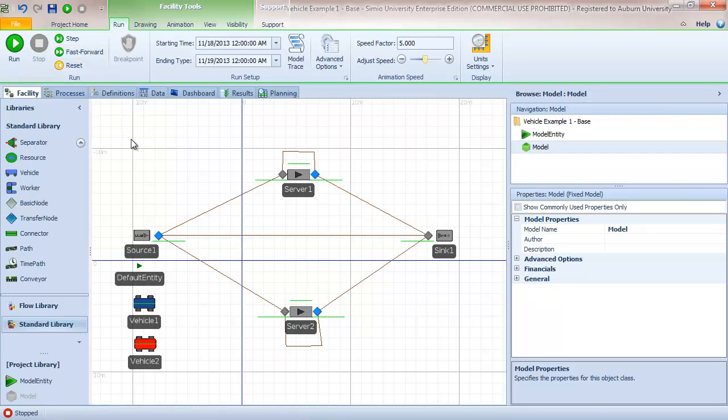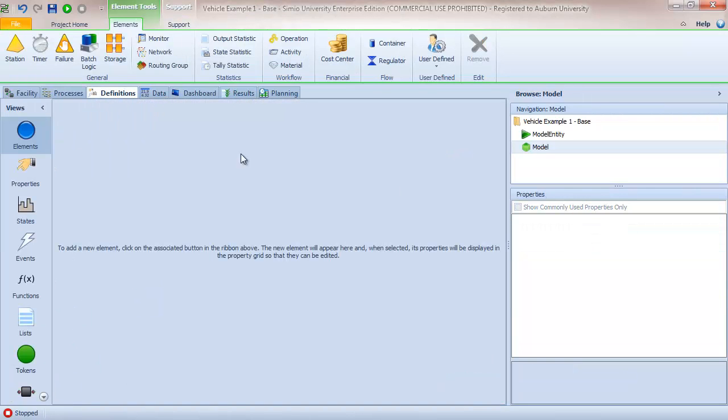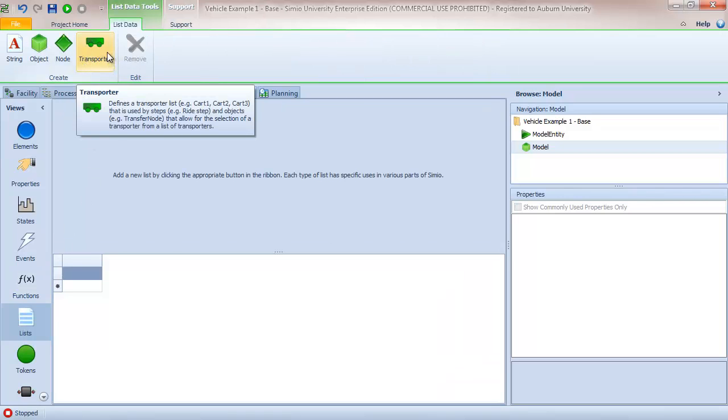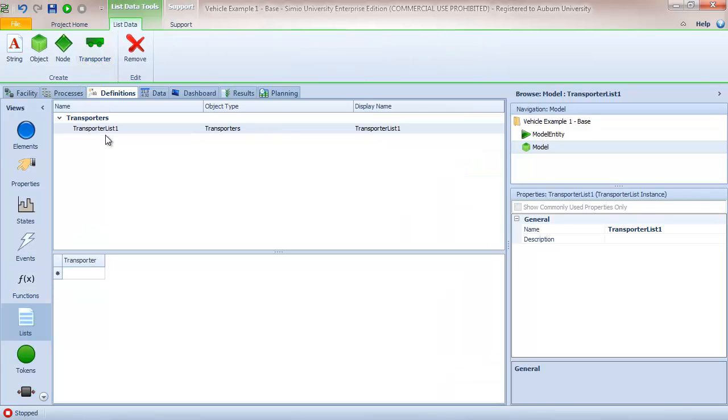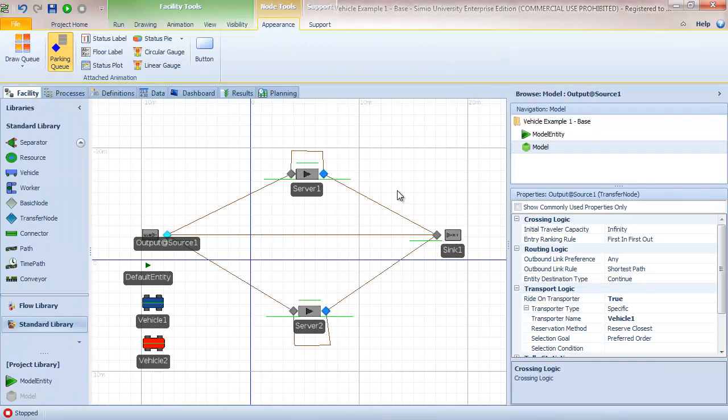An alternative is what we have seen before, is we could use a list. So I can go to the model definitions, create a list, and now what I want is a transporter list. We'll just leave the default name of transporter list 1, and then I'll go and add vehicle 1 and vehicle 2 to my transporter list. So now I've created a list of the two transporters, and I'll go back and choose all three of my output nodes